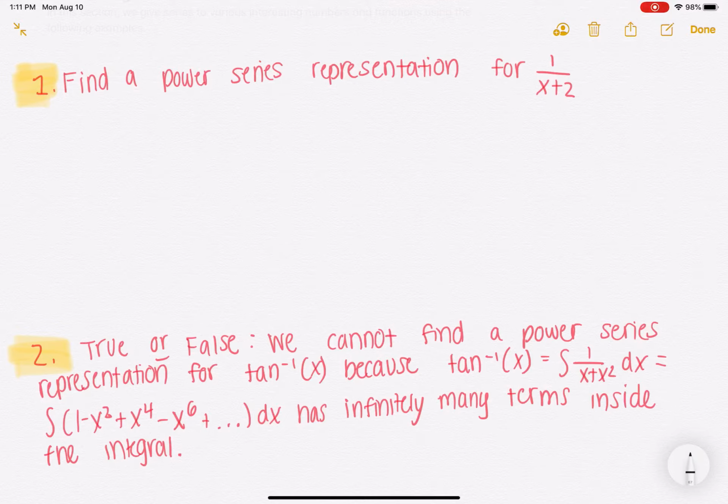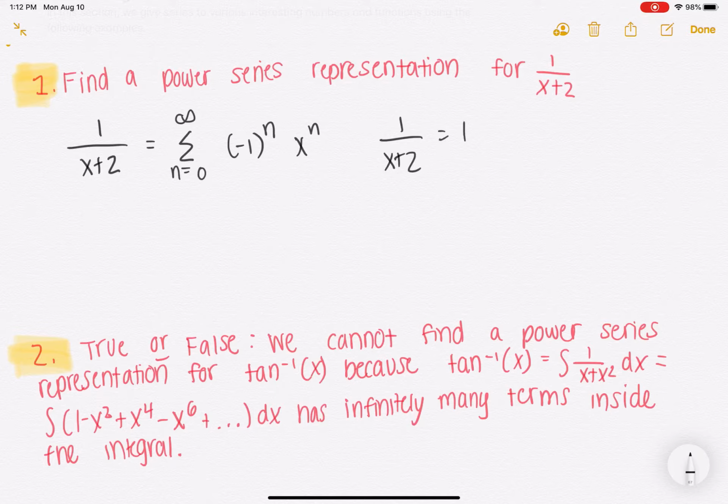So we can write this out in the given form, 1 over x plus 2, negative 1 to the nth power and x to the nth power. Then we're going to want to put it in correct form. 1 over x plus 2 is equal to 1/2 and 1 over x over 2 plus 1, which can be plugged into the form and simplified as 1/2 once again,